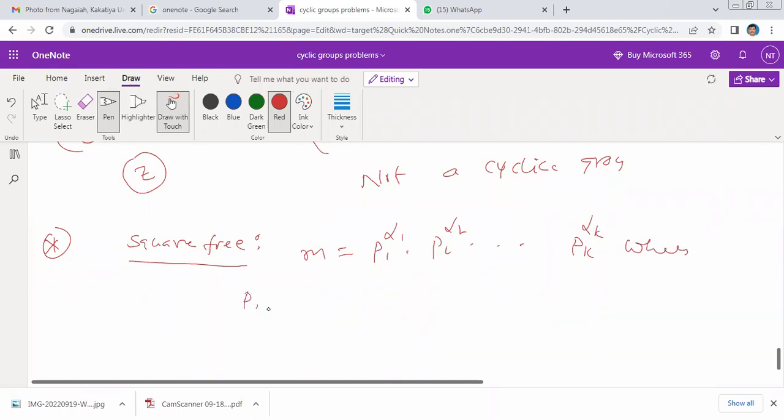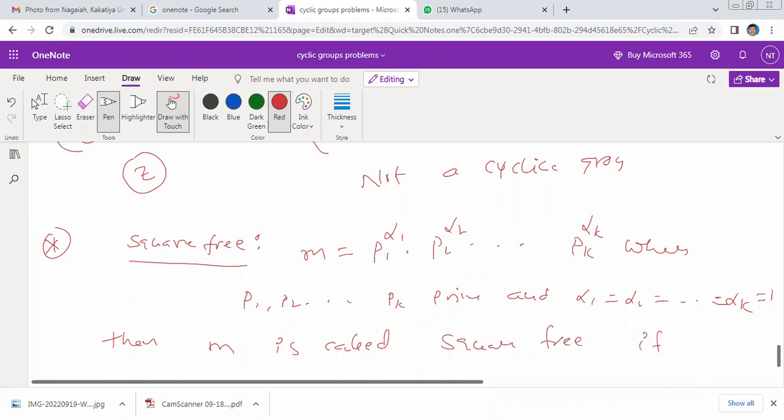Where p1, p2, p3, ..., pk are prime numbers and alpha 1 is equal to alpha 2 is equal to and so on. All of these numbers are the same, which is equal to 1. ఇవన్నీ పవర్స్ అన్ని కూడా 1 కి ఈక్వల్ ఉండాలి. Then m is called square free